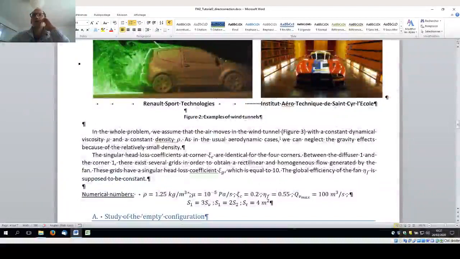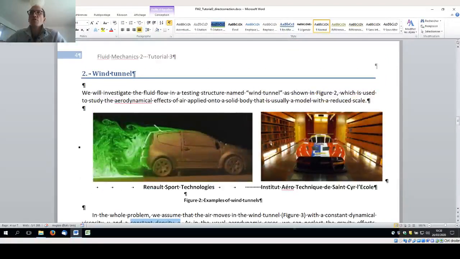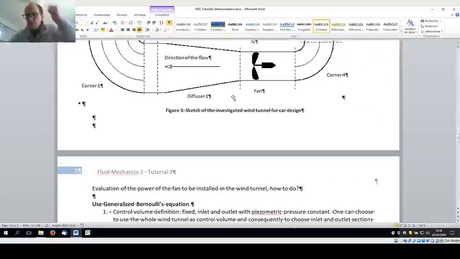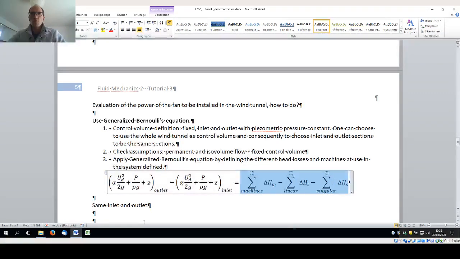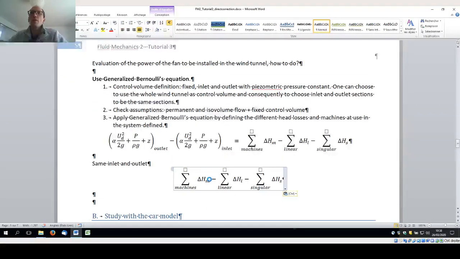So assuming that it said we have constant density, this means that we can consider it isovolume. And we'll assume that we reach steady state, plus a fixed control volume, so it allows me to apply the generalized Bernoulli equation, and in this case with the same inlet and outlet, this equation reduces to, and since we have only